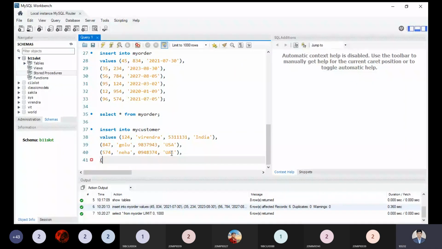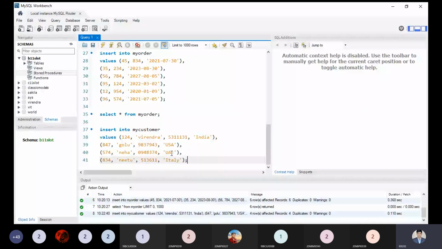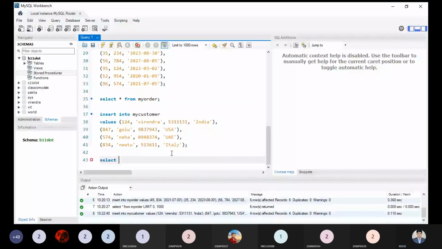Two rows we have taken as common. Next, the data I'm taking as common is 834, and whatever you want to use, you can use. And next country I'm taking. After this syntax, let me execute this code and show you the proof of what data I have inserted. Let's start from my customer.